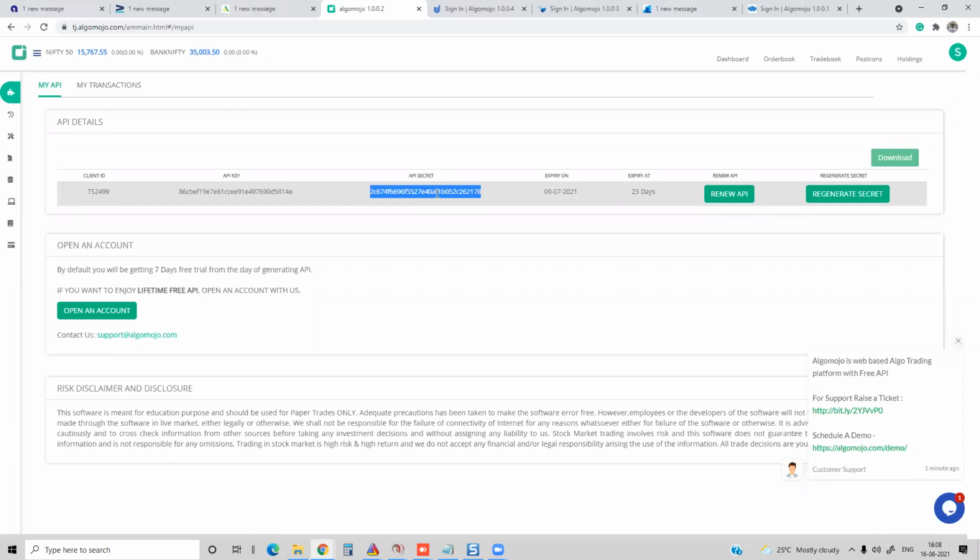AlgoMojo is particularly for traders who have a trading algorithm in place. You run your algo in your own place, and you have your own software.